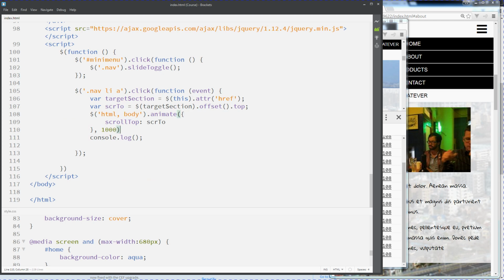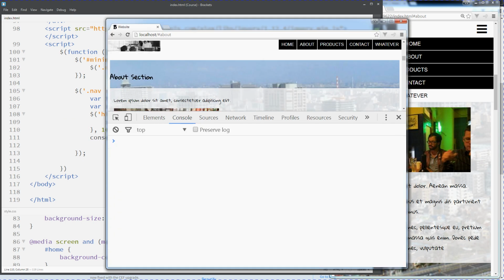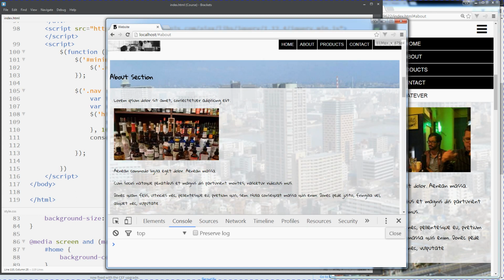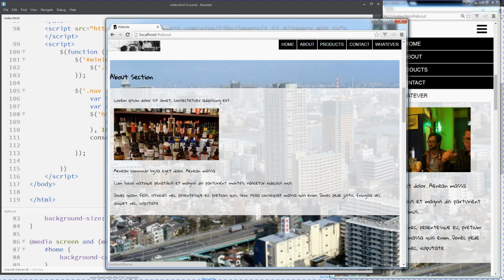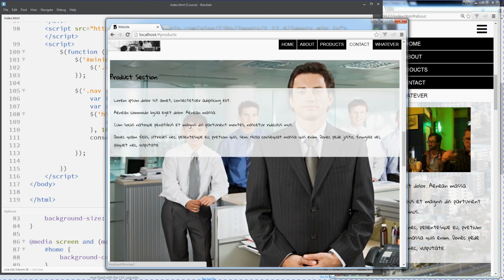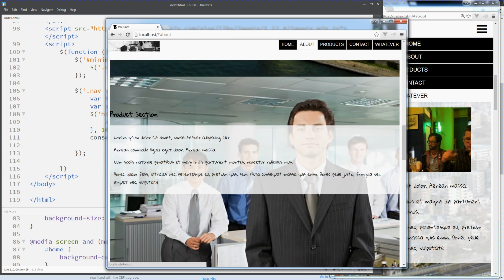So let's do the scroll. We're going to keep it relatively slow, and we can adjust the speed as needed. So let's take a look at this and see how this looks now. So we could get rid of that, and now we see whenever we go to the sections, it's doing this really nice scrolling capability. So see that we're moving the page,